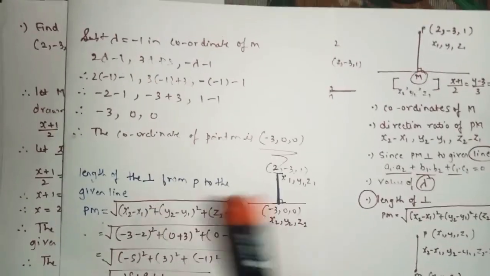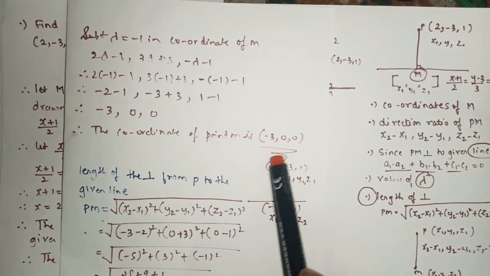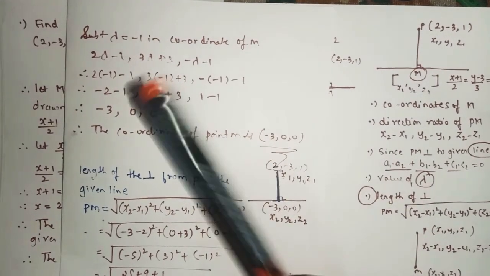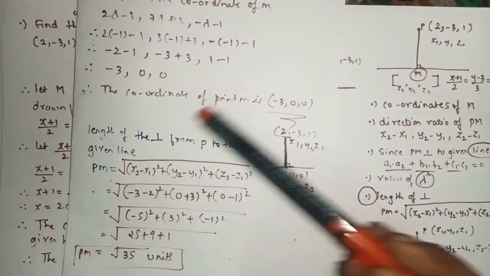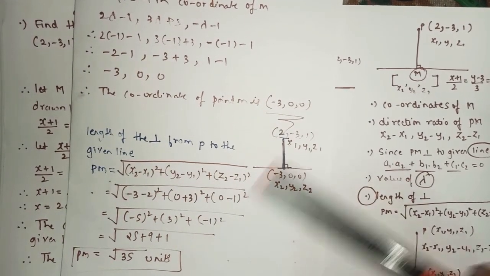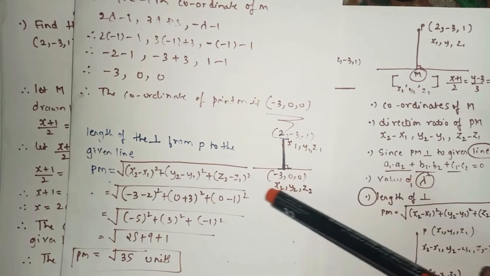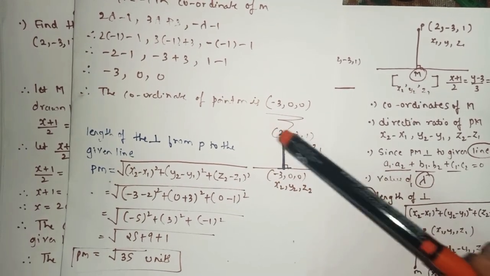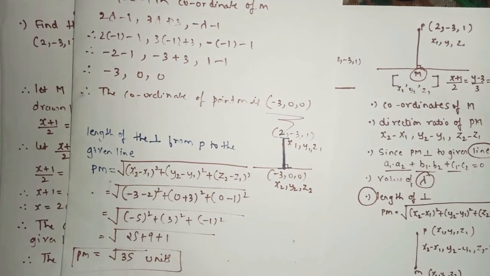Okay. In the question, if they say that you have to find only the coordinate of the foot, this will be the final step. If they say that you have to find the coordinate of the foot as well as the perpendicular distance, so after finding the coordinate of foot, you will find the perpendicular distance also. So this is the perpendicular distance, as here we have the 2 points. So we'll consider this as x2 y2 z2 and this as x1 y1 z1. Using this formula, you can find your answer.